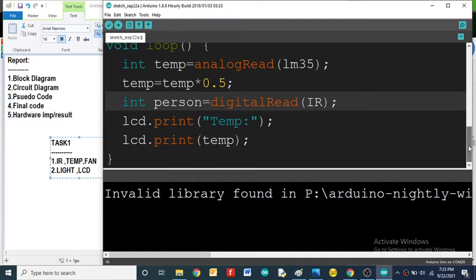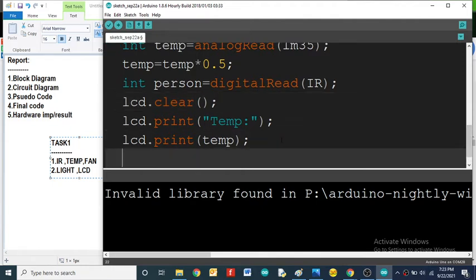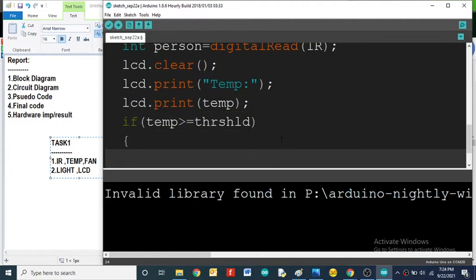Before printing anything, I will clear the display. Now I am printing the temperature, so then I will go for the threshold value. If temp greater than or equal to threshold, then print higher temperature.